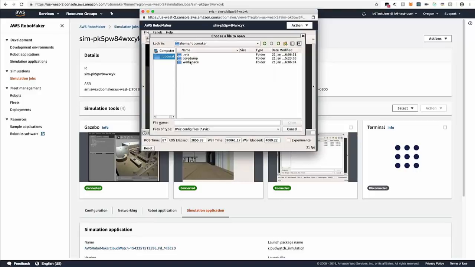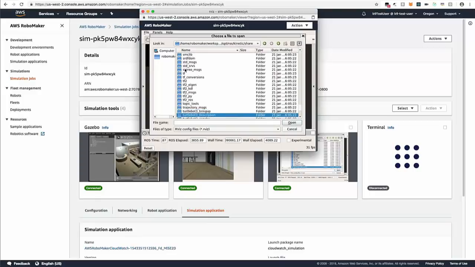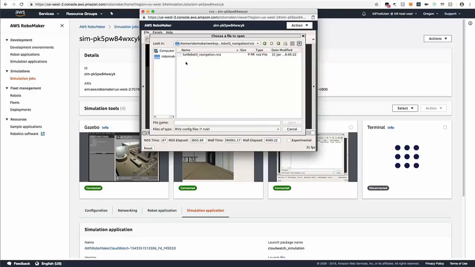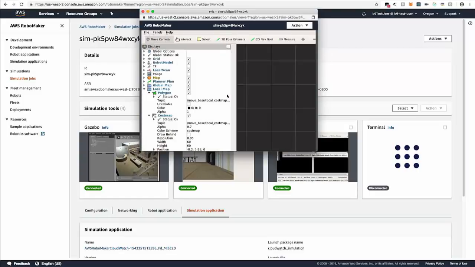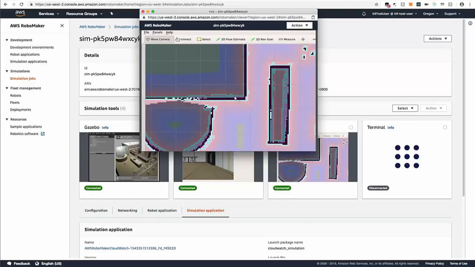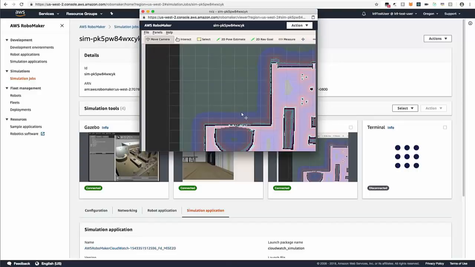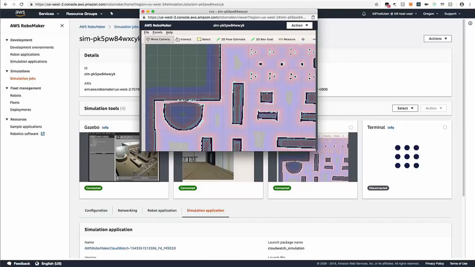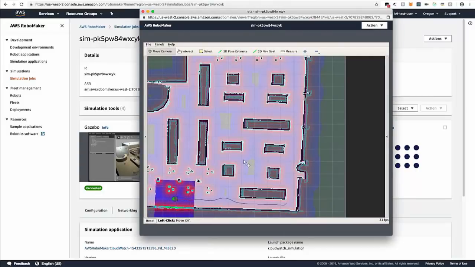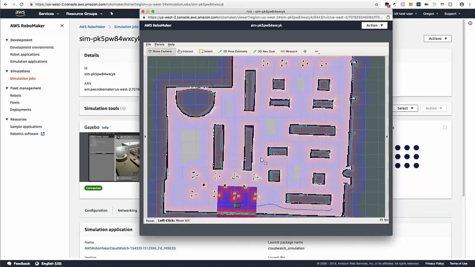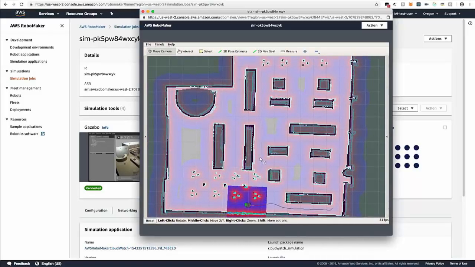So with our sample applications, we've got some pre-installed maps. Let's go to the Turtlebot. So what we see here is the view of the world that the robot has generated from its onboard sensors. Just expand this a bit. So the robot has mapped out its environment, and we're visualizing it as the robot visualizes it while it's navigating